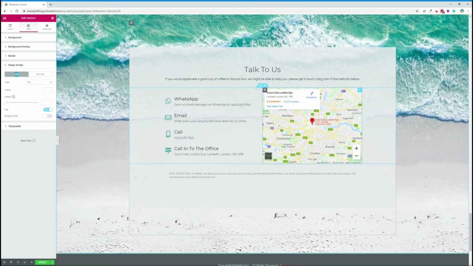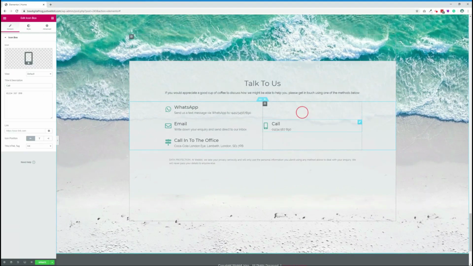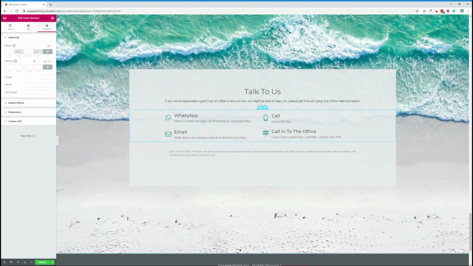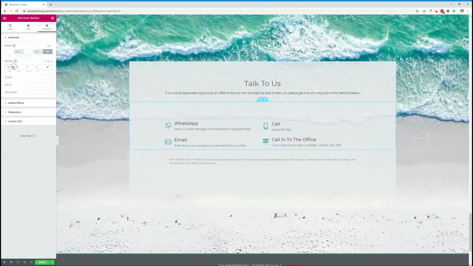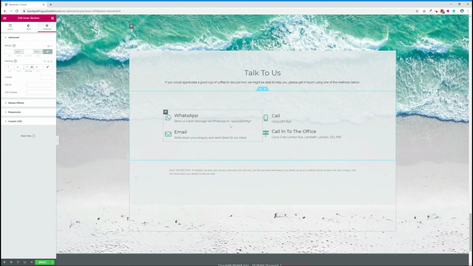If you don't want a Google map, or you don't have an address for a Google map, or you do but you just don't want to publish it online, you can just delete the Google map. What I would do here, probably limited bit of content there. It makes the section a little light on content, so I would pad it out with white space. Maybe I would look to add some more contact methods just to fill that out slightly. No harm in that either. Maybe the social media